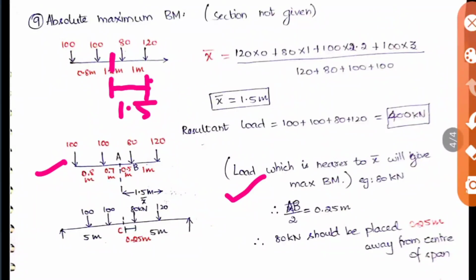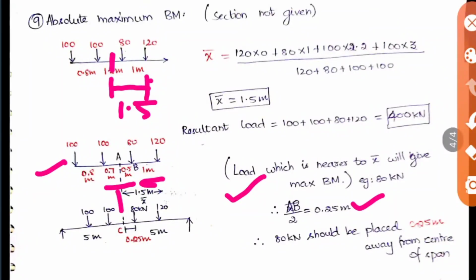So now the next step is you should find the distance between these 2 points, that is the centroid point and this load point, that is our 80 kilonewton. It is nothing but 0.5 meter, because this total distance is 1.2 meter and this is 1 meter. So when you calculate that, you get this 1.5 at the point of 0.5 meter from the load. Now let us take this as AB. So you should divide this by 2, and when you divide AB by 2, you'll be getting 0.25 meter.